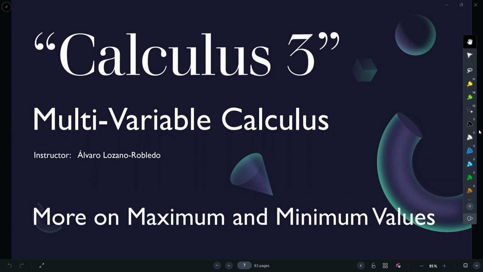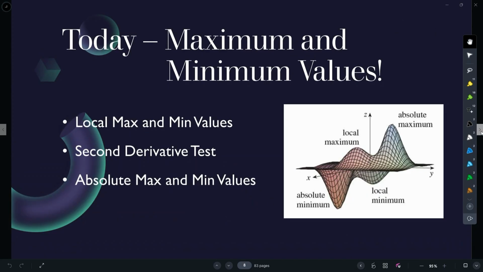So today we're going to continue our discussion on maximum and minimum values. We're going to talk about more on the second derivative test and also how to find absolute maximum and minimum values. So remember that what we decided last time is that for the time being, for relative max